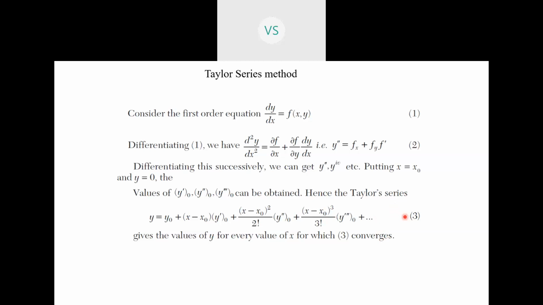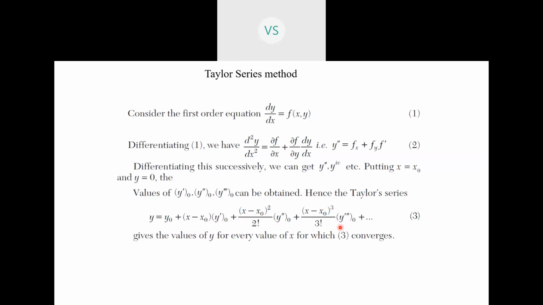Up to how many terms do you have to consider? That depends. If the problem says to consider up to second order, then you have to consider till y double dash. If it says to consider up to third order, then you have to consider till here. That will be given to you in the problem, but if it is not given, you can consider